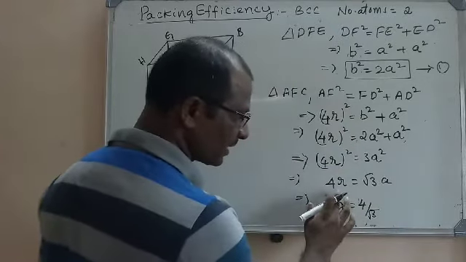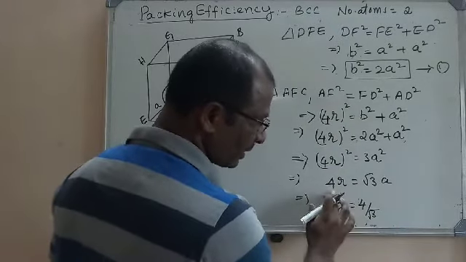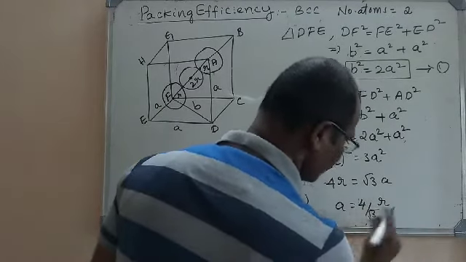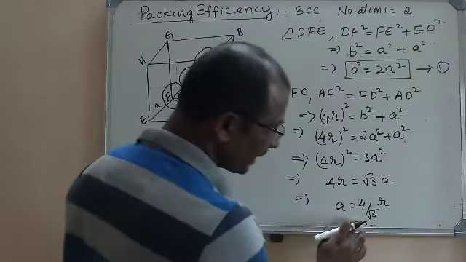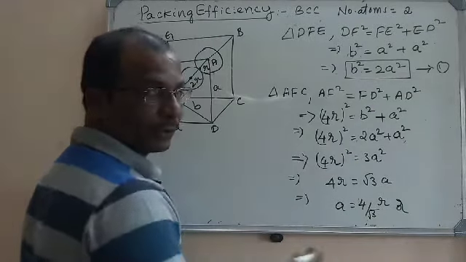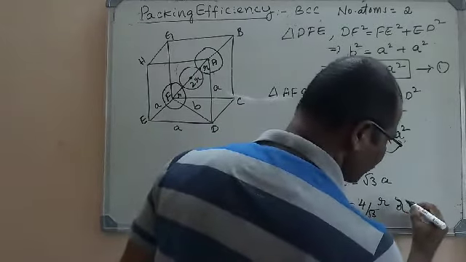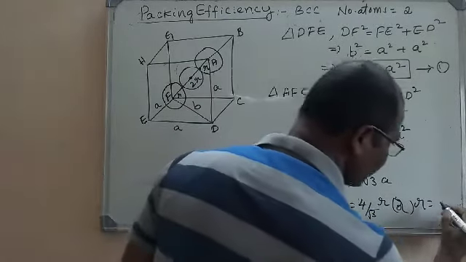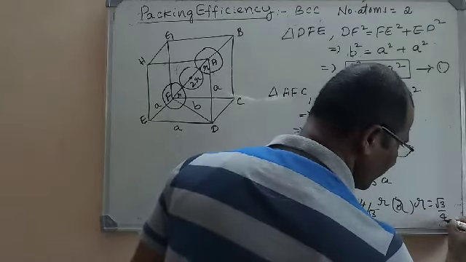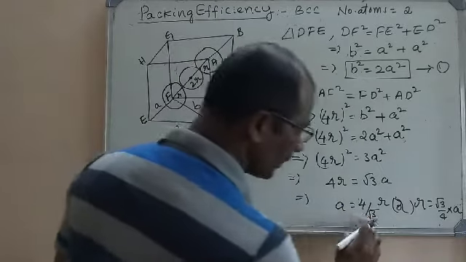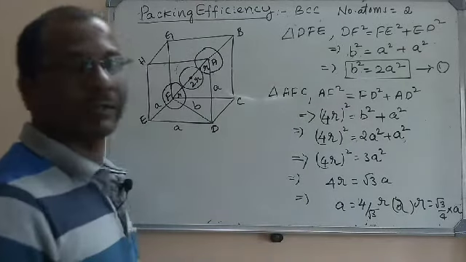I am transposing the root 3 to this side. So A will become 4 by root 3 into r. So the A value is obtained. A is equal to 4 by root 3 into r. You can also write R in terms of a, but here we don't need it. If you want to, you can write r is equal to root 3 by 4 into a. But we need only this a value, that is 4 by root 3 r. Now we have found the value of